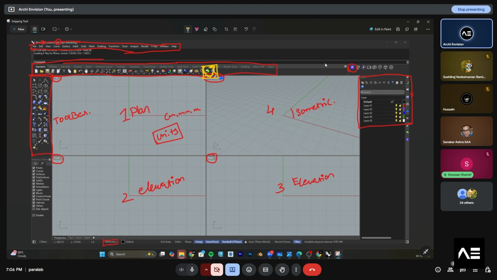So if you are using Rhino 8, you will get to know about Grasshopper. It will already be pre-installed in the Rhino interface. So these are all the main things you have to focus on while doing the basic interface UI.